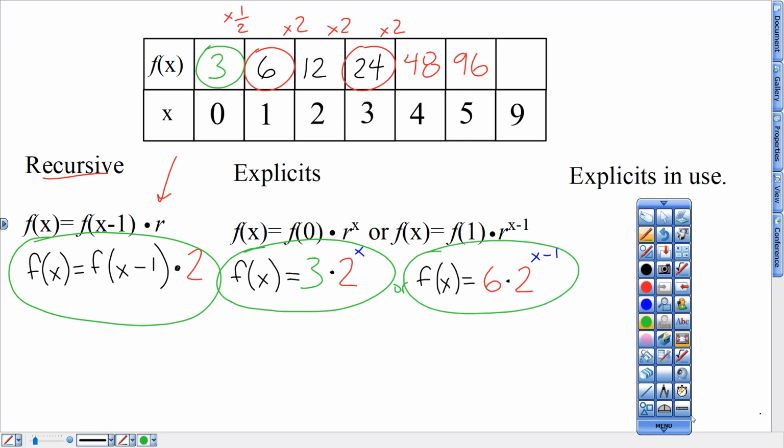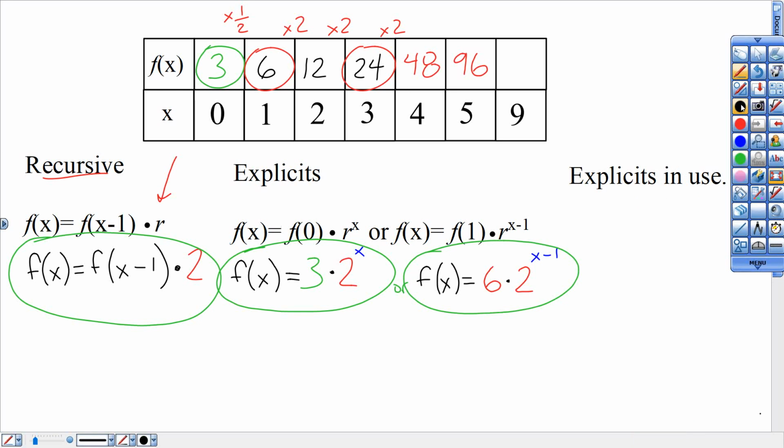Let me show you both in use. Got to be able to do both. So here we go. To plug in this 9 right here, I'm going to plug in 9 right here and plug in 9 right here. So here I go. First one, define what that first equation gives me for the 9th term, which will be the same for that second. I got to show you. That is 3 times 2 to the 9th. That equals